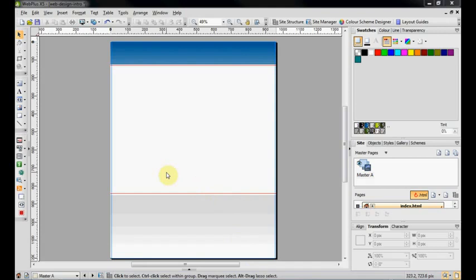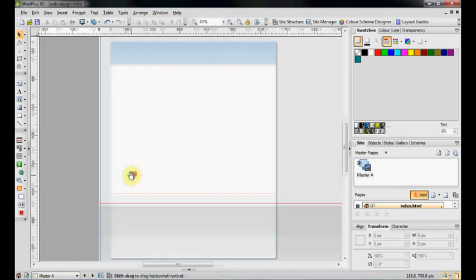All the elements that we're going to add, we want to make them appear on every page that is linked to this master page. So we're going to make sure that everything we're doing is on master page A. If you just double click it, you should get the little eye icon, and then everything we do here will be linked to every page that's associated with master page A. So let's get started. I'm just going to zoom in,